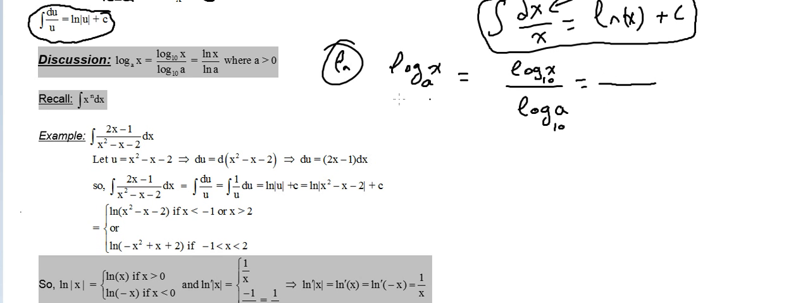I'm going to state this rule because we are going to solve some problems involving log in it. So simply, what is log x base a? When the log is base 10, it changes directly to ln. It's ln x over ln a, where a is